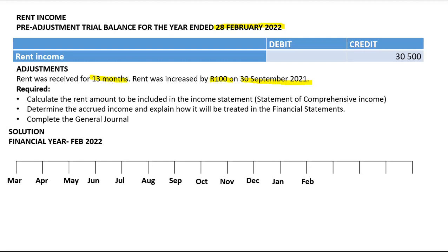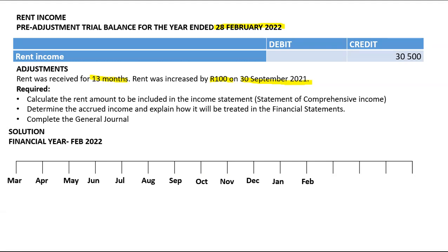And that is the problem because the accounting standards, more specifically the accounting framework, does not allow us to recognize income in the period in which it is not earned. Yes, we received rent for March. And for us to say that we can recognize that rent as income, we need to have performed a service or lost an asset or used an asset to earn that income,